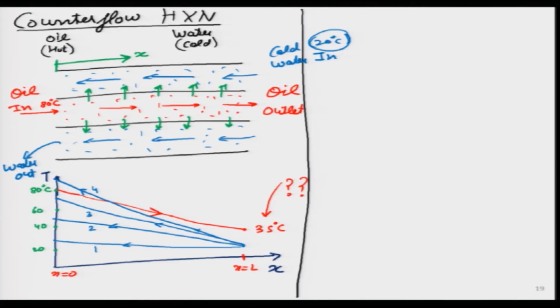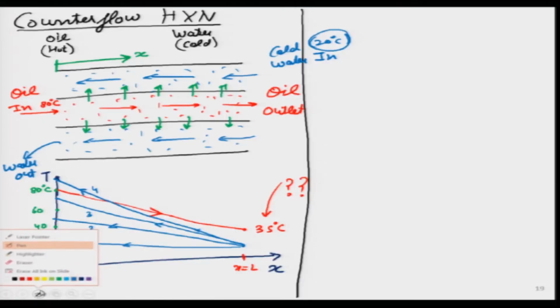Now, the question is that water will rise to eventually what temperature? Will it be case 1, will it be case 2, can it be case 3 and case 4? So, I think if I ask this question to students, perhaps they may answer that we do not exactly know which case 1, 2 or 3 it will be, but we know for sure it can't be case number 4. So, why is that answer correct? Which means I can put a cross over here, it can never be case number 4.